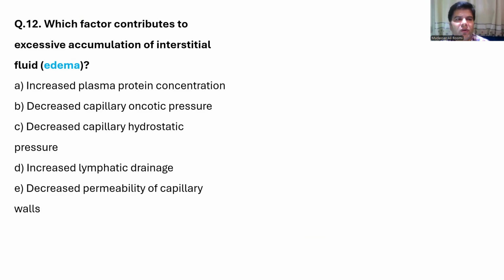Next question: which factor contributes to excessive accumulation of interstitial fluid, or edema? Options are A. increased plasma protein concentration, B. decreased capillary oncotic pressure, C. decreased capillary hydrostatic pressure, D. increased lymphatic drainage, E. decreased permeability of the capillary walls. And the answer is